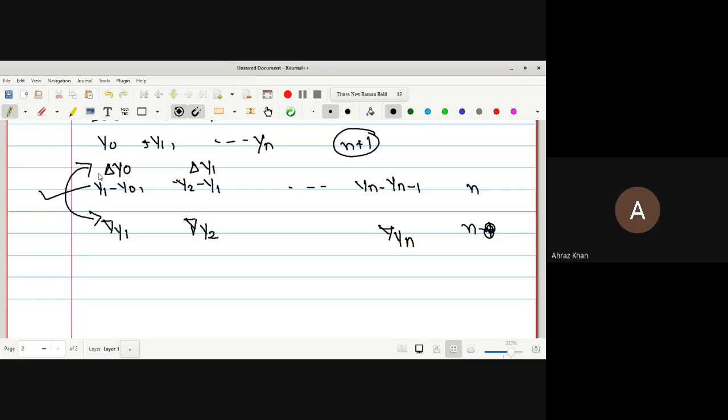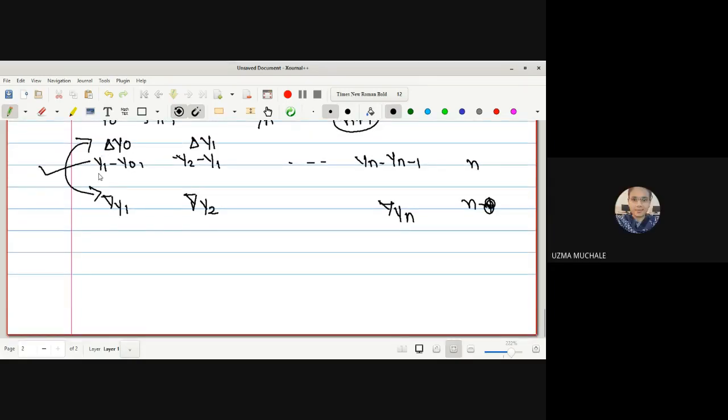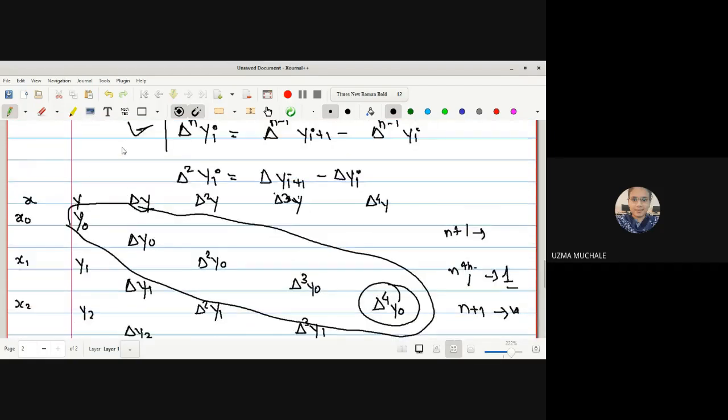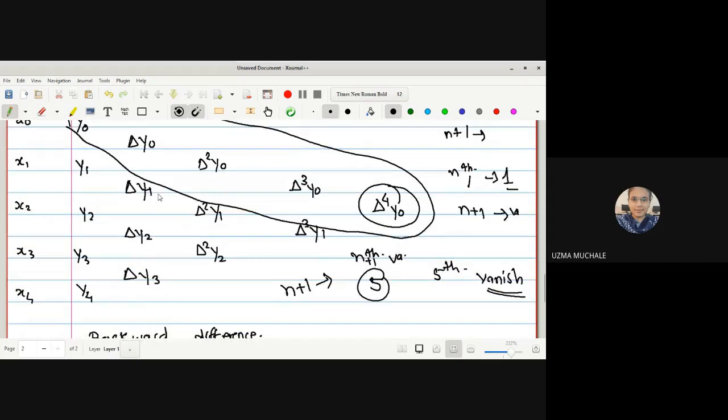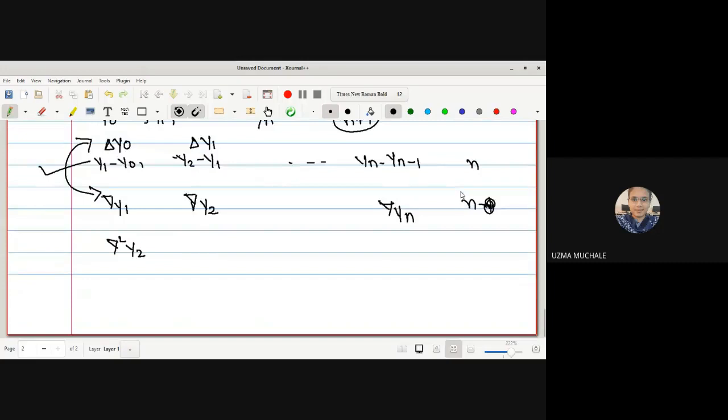Yes, ma'am. Okay, similarly, we can now evaluate the next order differences, that is delta square y2. Initially, in the forward differences, the next values were reduced: if we have y4, the next one will be y3, up to y3 only, then up to y2, y1 and so on. But here, the previous values will be reduced. Initially it is y0, y1, then for square it is simply y2, because y0 and y1 are eliminated.